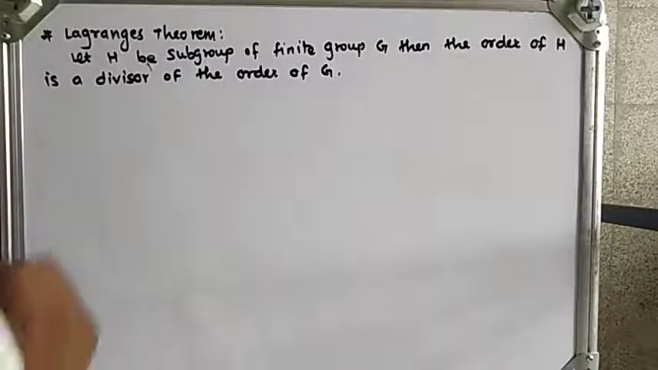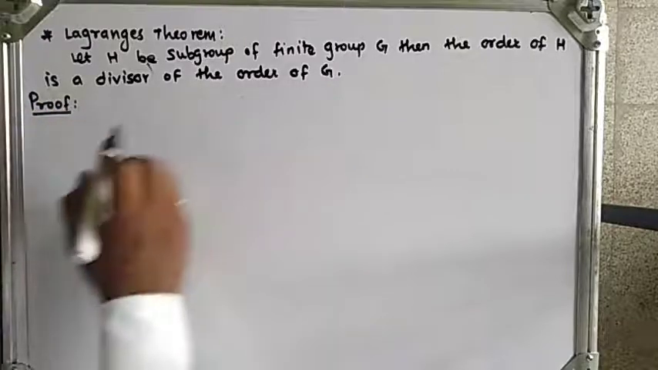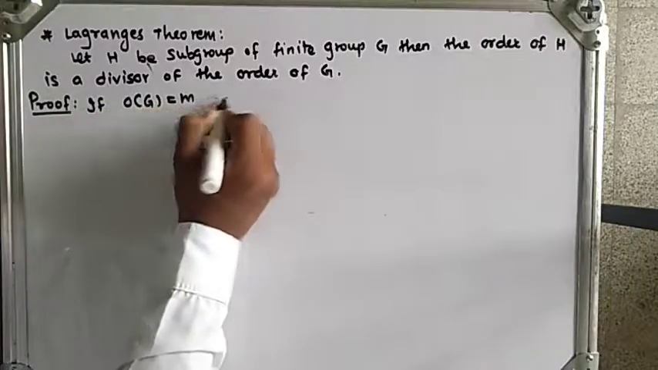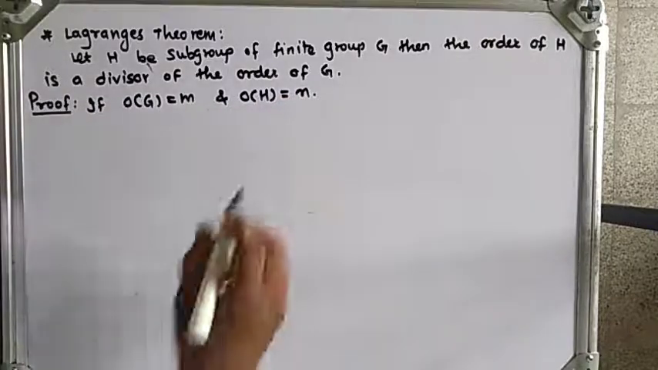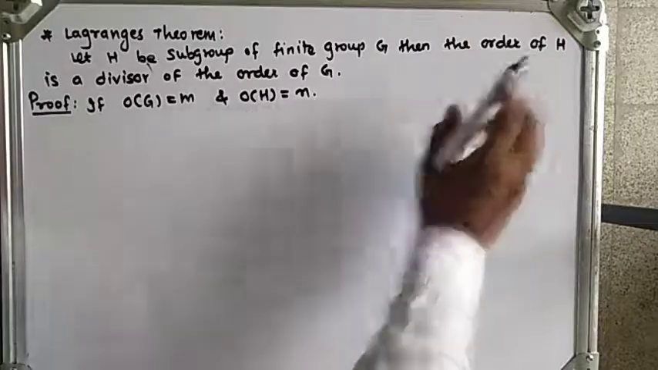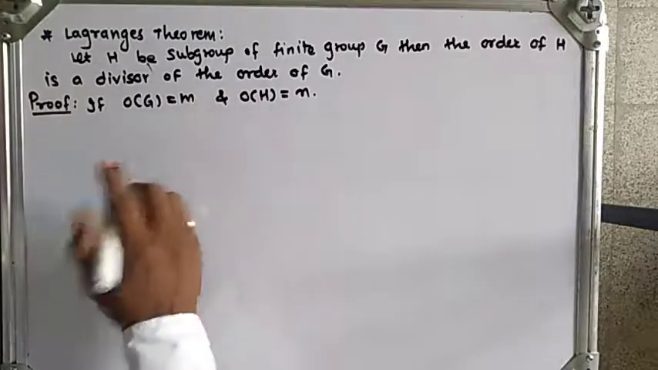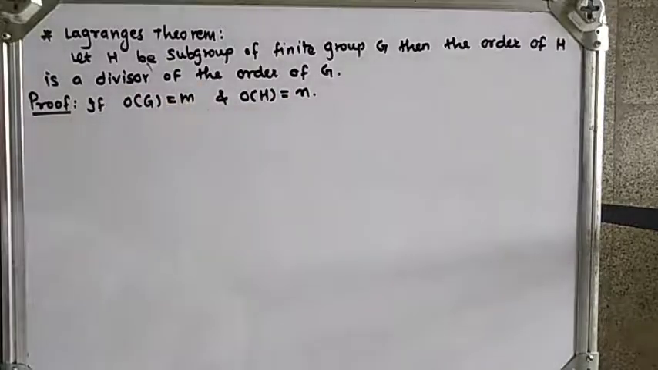Now let us prove this theorem. So proof. Here we will assume the order of G is m and the order of the subgroup H will be n. We have to prove that the order of H divides the order of G, means to prove that n divides m. So before that, here H is a subgroup of G, and to find the left or right coset, and to show the order of H is the same as the order of the left or right coset, we will prove